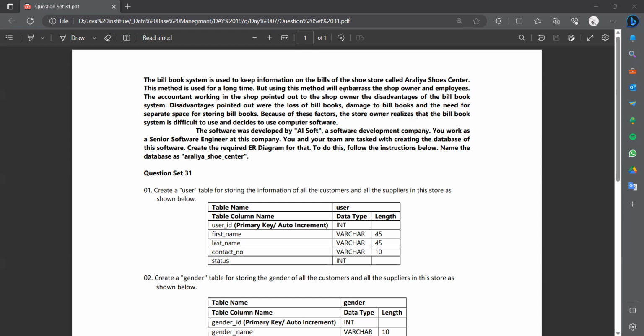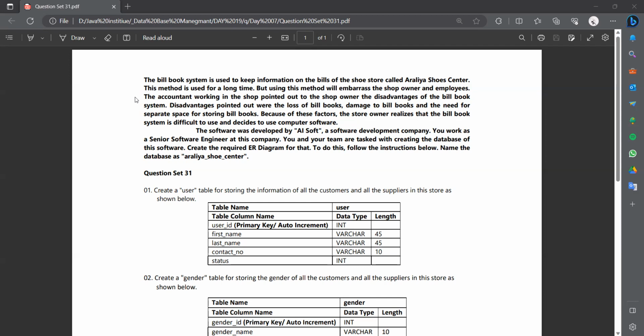The accountant working in the shop pointed out to the shop owner the disadvantages of the bill book system, that the system is not good for that